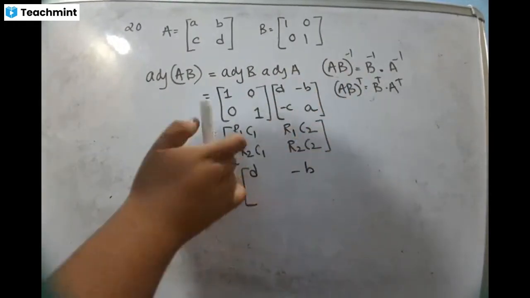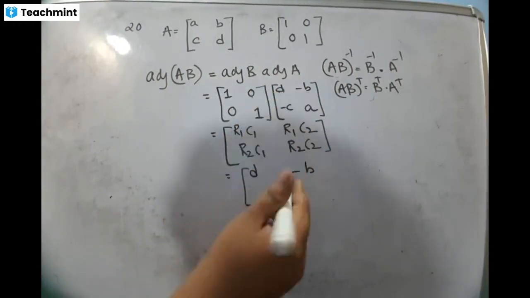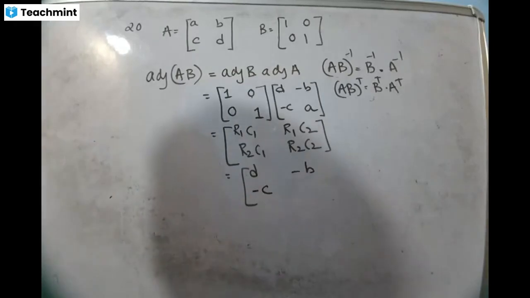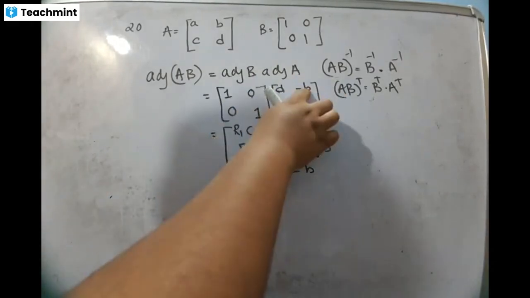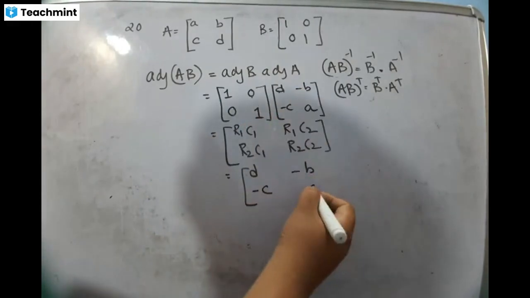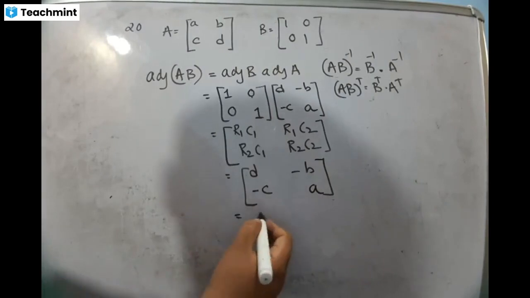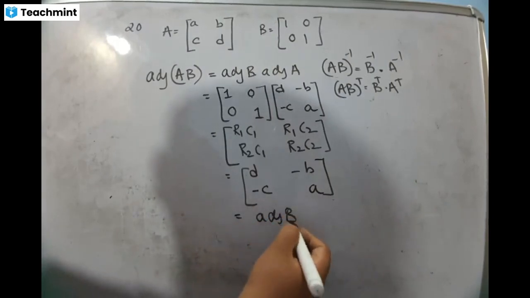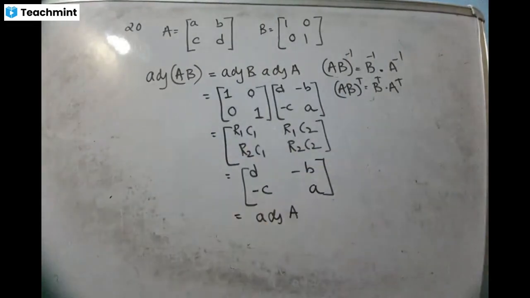Next, row 2 into column 1. This is row 2 and this is column 1. 0 into D, 0. 1 into minus C, minus C. And finally row 2 into column 2, 0 into minus B is 0, 1 into A is A. Is that clear? So what did you get this to be? This is nothing but adjoint of A. So in the given option, this is going to be adjoint A, because